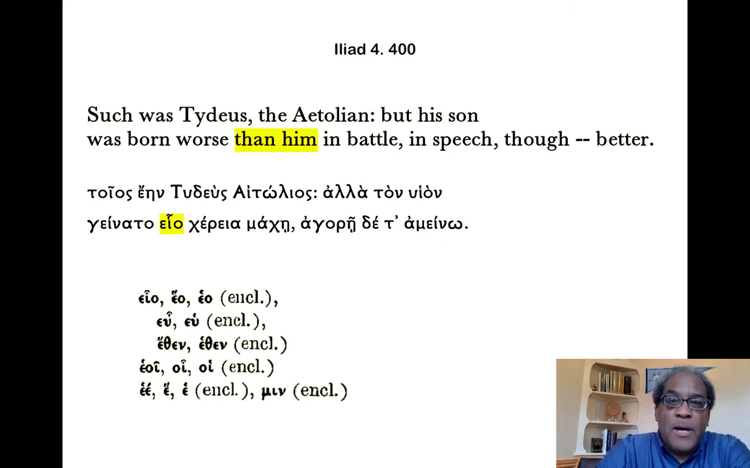And then from Iliad 4: such was Tydeus the Aetolian, but his son was born worse than him in battle, in speech though better. And this, I believe, is actually Agamemnon pulling